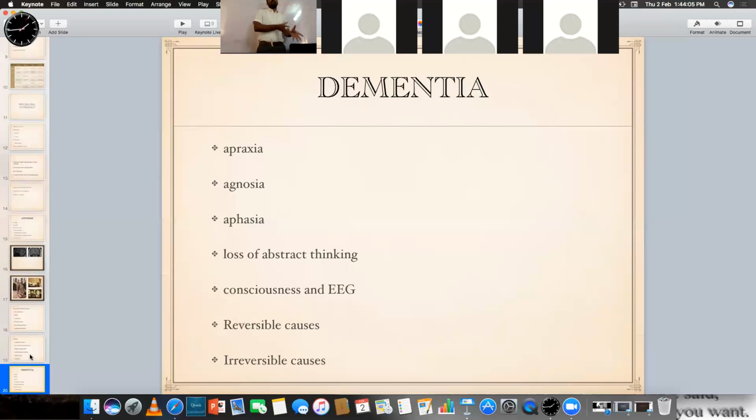So initially it starts with that, okay? She loses the ability to name things. Then she forgets what things are called, okay? If you ask me, this is a marker. Now, with dementia, after a few days, she forgets that this is a marker. She must still be able to comprehend that this is used for writing. So when she has to use this word while conversing with someone, she'll say, is this